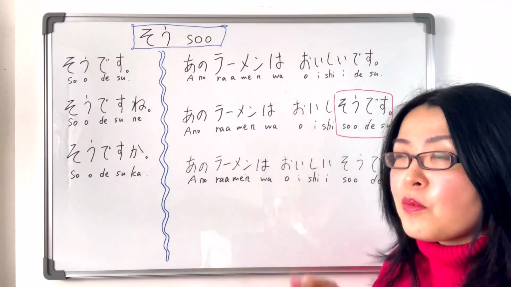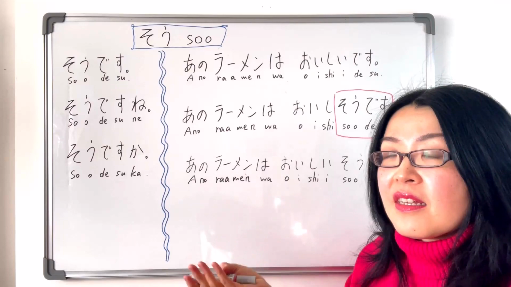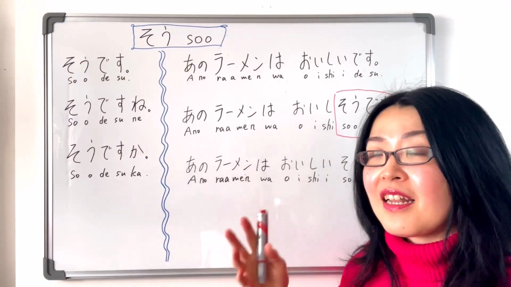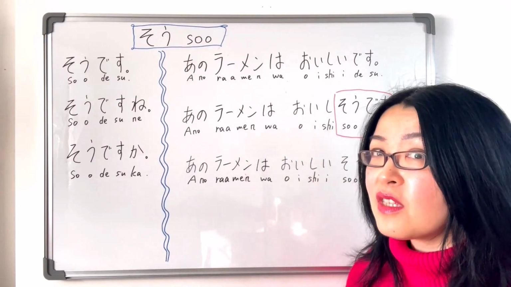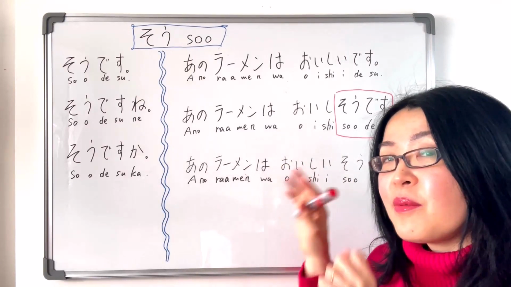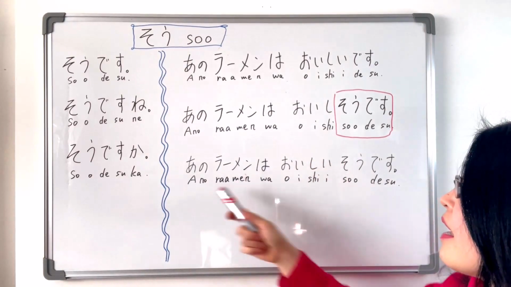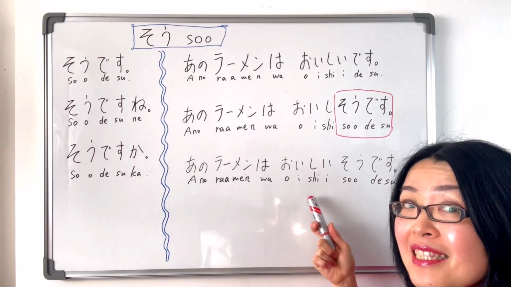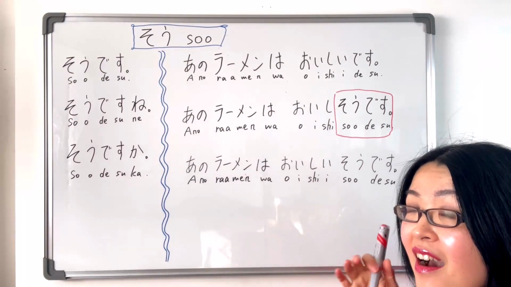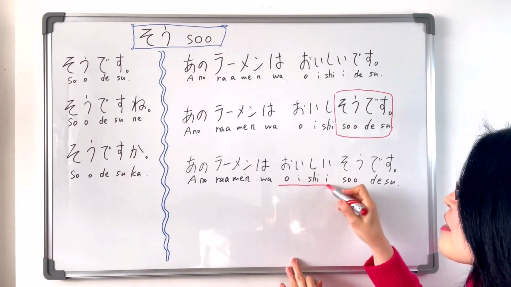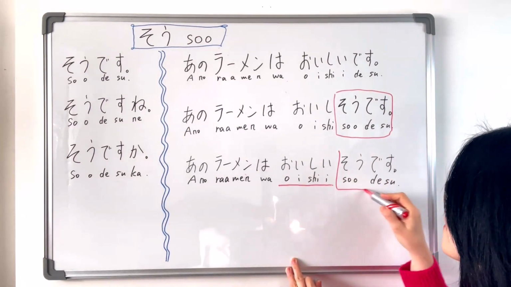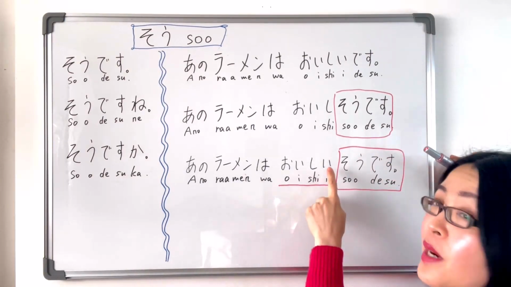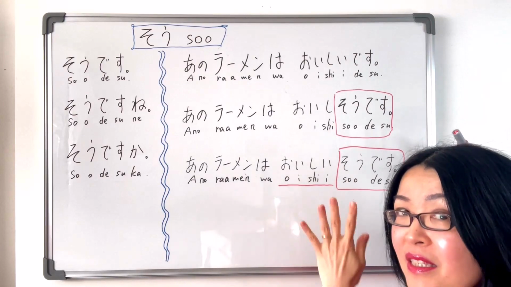If you use an adjective, for example, 田中さん is healthy, 田中さんは元気です. And then you say 田中さん looks healthy: 田中さんは元気そうです. So don't use just the adjective and then そうです. Alright? The next one, a bit complicated: あのラーメンは美味しいそうです. We keep the い-adjective as it is and then add そうです. 美味しいそうです. Only one syllable difference, but the meaning is